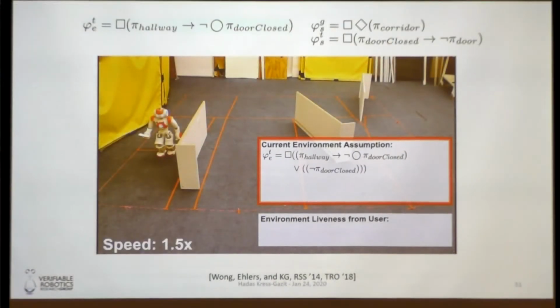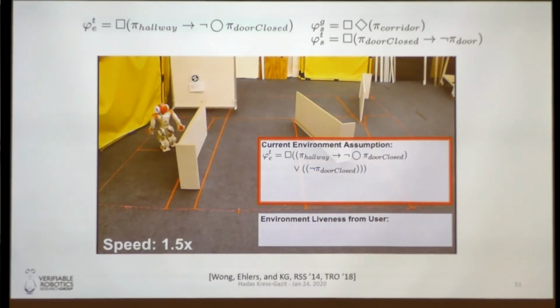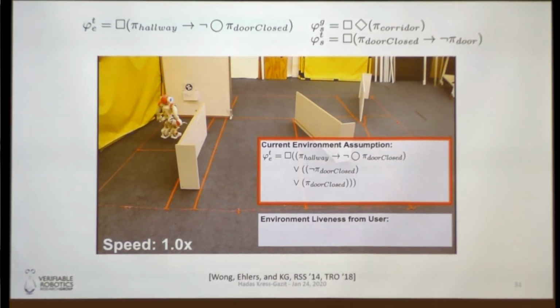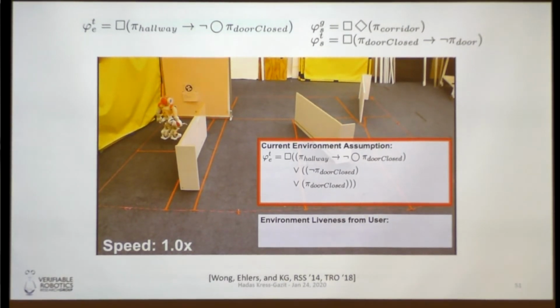So this is the example there. This is what happens. We're basically saying, you told me the door is closed, but now I see the door is open. Okay, so the door can also be open. So now the door is open. And now I'm going to add, sorry, this takes a second. Oh, you know what? Now I see the door is closed. So the door can also be closed, right? So basically it turns out that my assumption is just true, because it could be either closed or open.